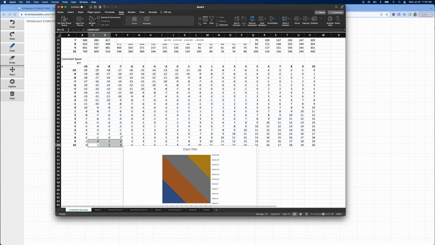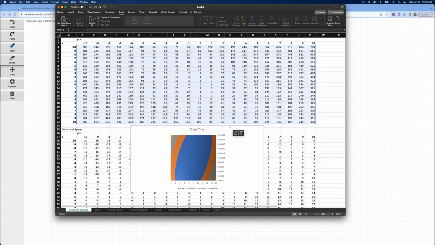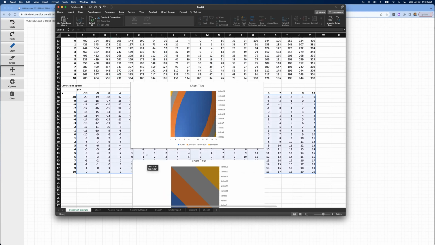But anyway, we have this space here. You can see that diagonal where it's 1. And so we basically have to stay to the bottom right of this space up here, right? So I want to stay to the bottom right here and try to minimize what's the minimum value in the bottom right of this space up here, because the bottom right is where x plus y is greater than 1. Does that make sense? Okay, so let's let Excel solve this.